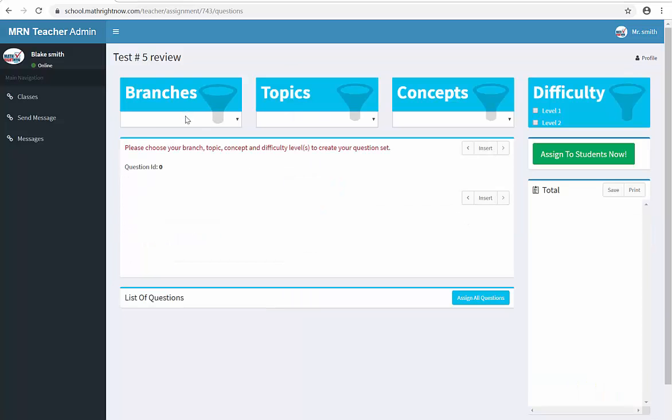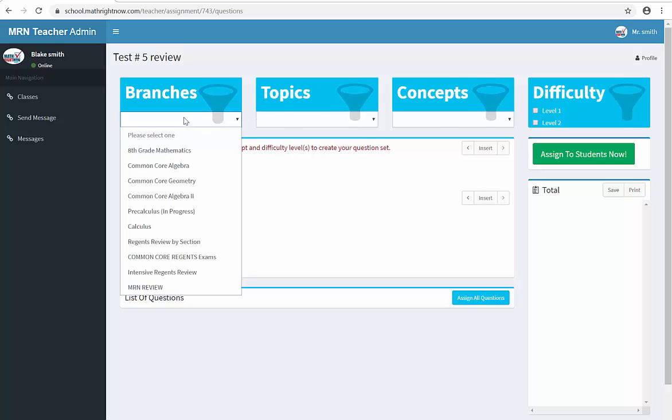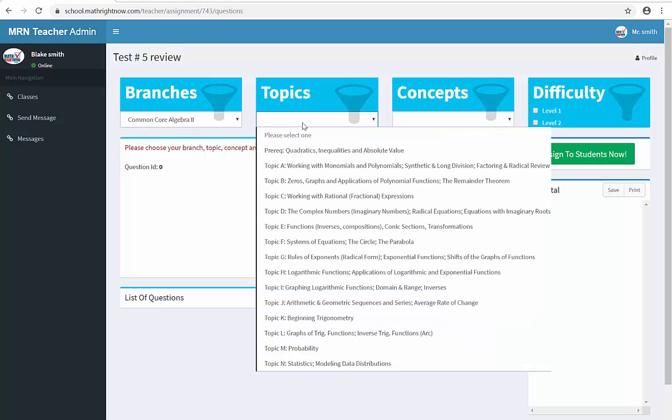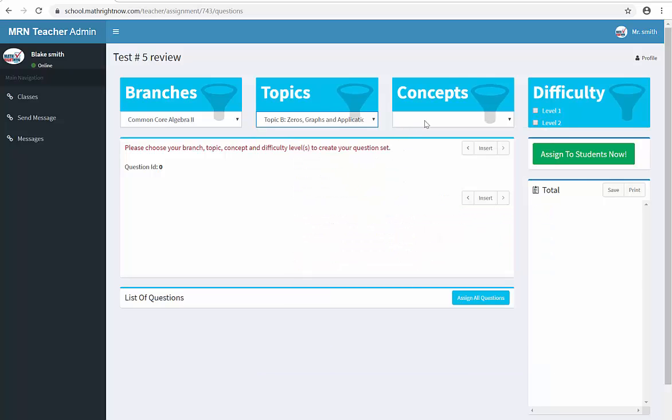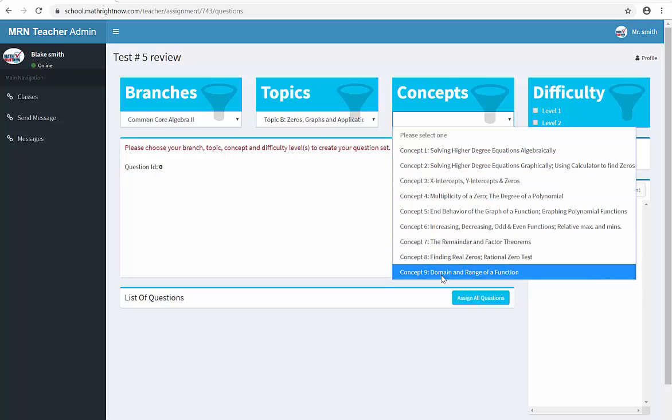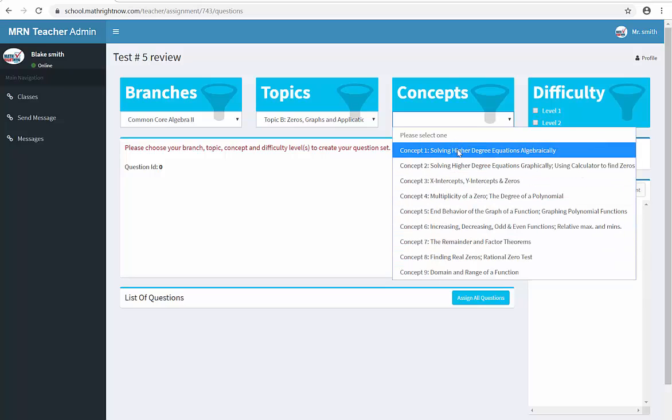Now we do have to fill in the branch, topic, and concept fields. So if we click on this branch field, we'll pick the class that we're trying to pick questions for. So here we have Common Core Algebra 2. We'll click the topic box, and all the major topics will open up. So suppose we want to pick something from topic B, and then if we click the concept box, we get the individual concepts in that topic. So suppose we're going to start with this first concept,